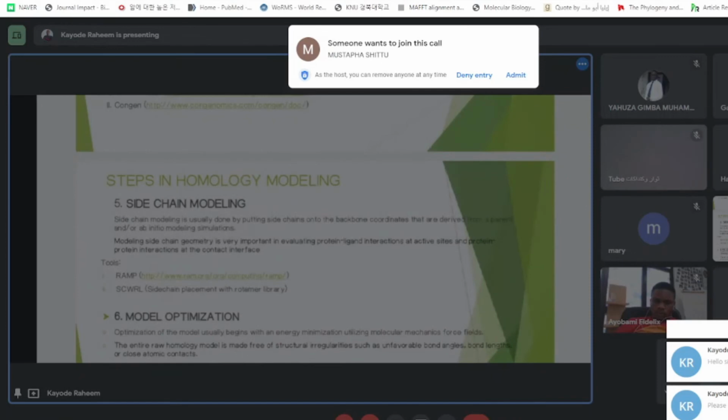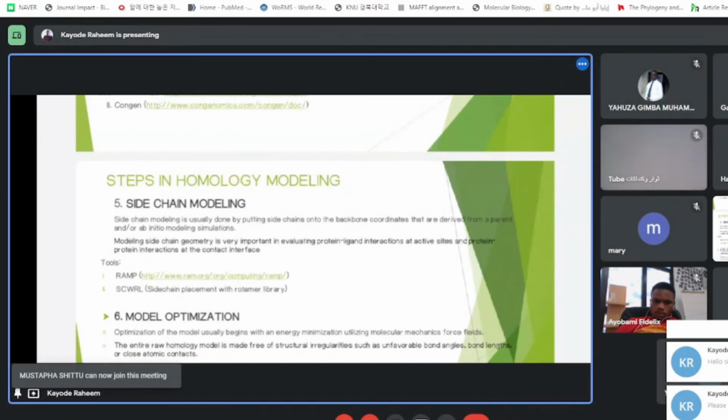These are the amino acids' side chains, the R groups, the carboxyl group. If they are missing, definitely you will not be able to have a